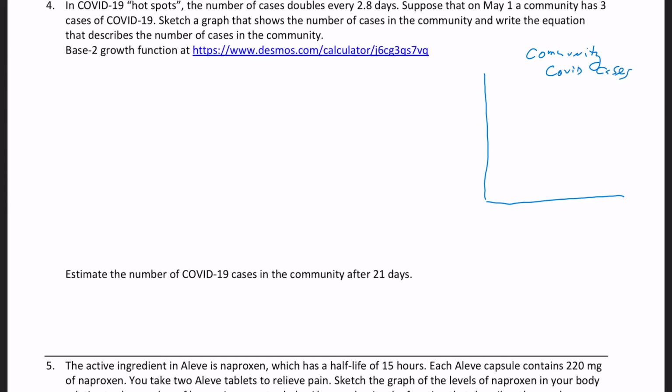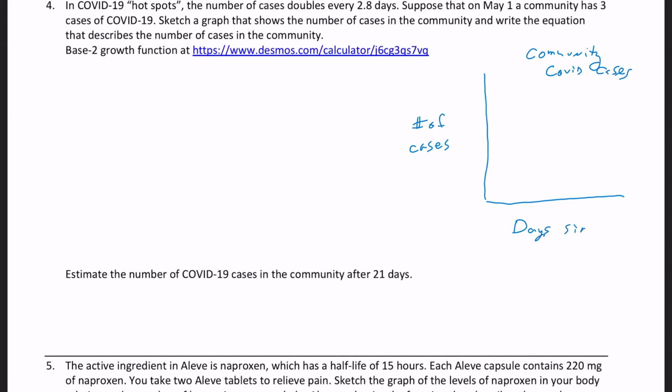Our y-axis is the number of cases. And because it's a 1-to-1 scale, I don't need to say that's measured in dollars or pounds or whatever that might be. But my x-axis is not just days, but days